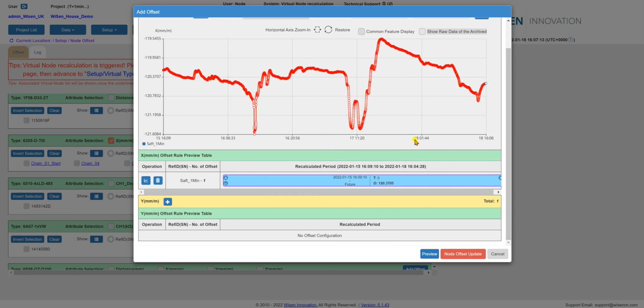Or if you're happy to use the identical start and end point and you're confident that the data is a clean data set to be utilized, then obviously you can proceed without reviewing the graphical representation. But the important thing here is that if you're applying it to another node or another axis, to press the A button,